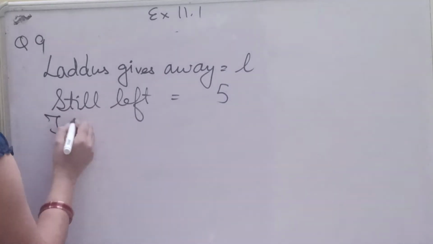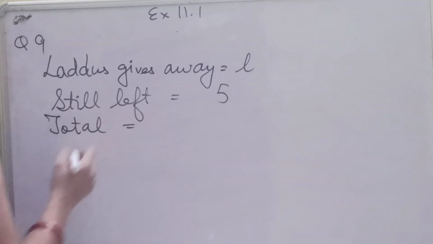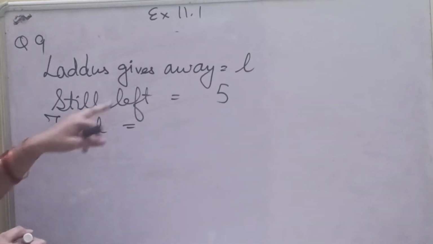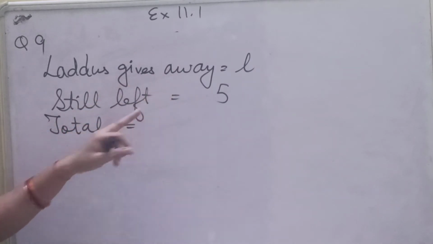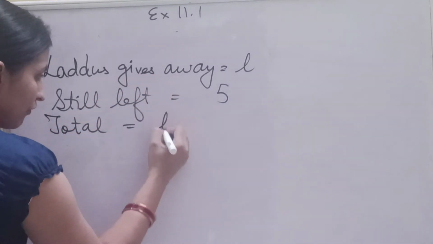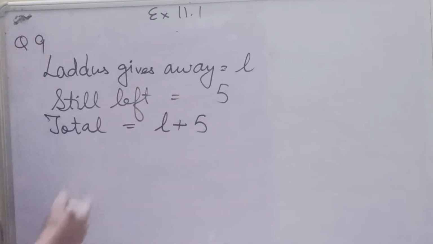So how will we find the total? Whatever we have given away plus the left one. So given is L, left is 5. So L plus 5 laddus mother has made. This is your question number 9. Then